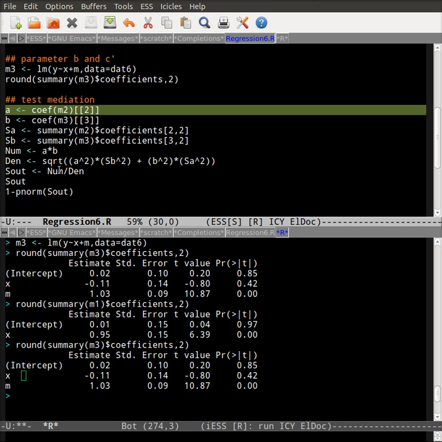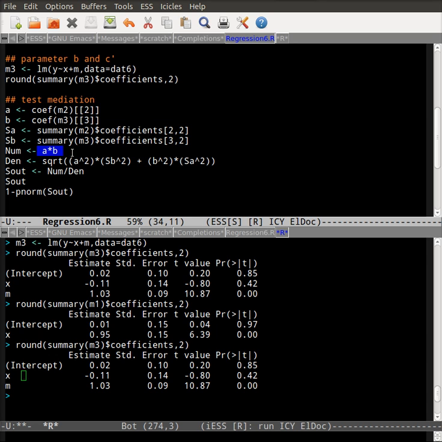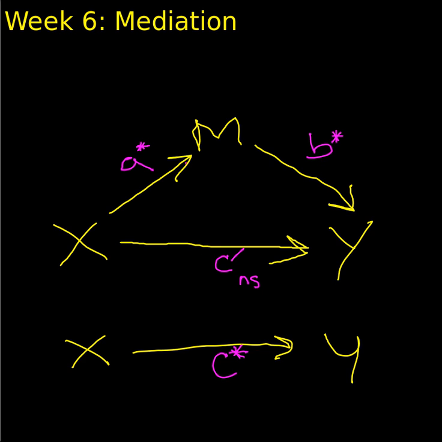And the reason for that is, one, we need to test the indirect effect, which is A times B. And so that is this parameter. Remember, these are unstandardized parameters, not standardized. They're in the metric of rise over run, or Y over X. Okay? Because this is a bivariate model,